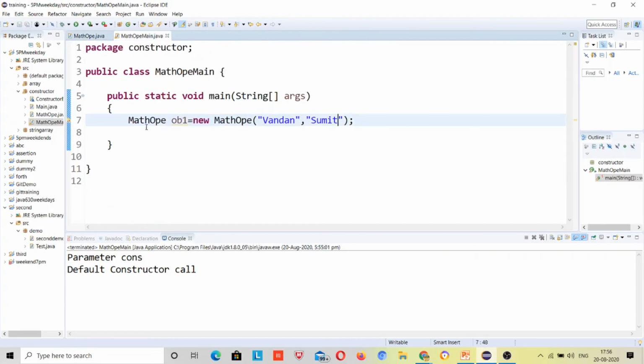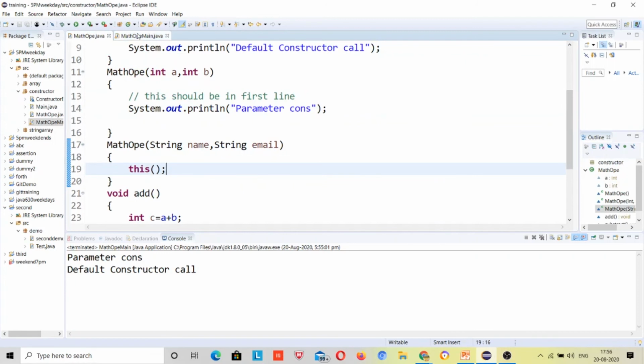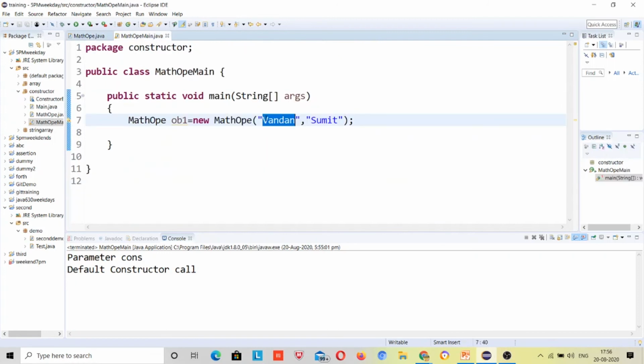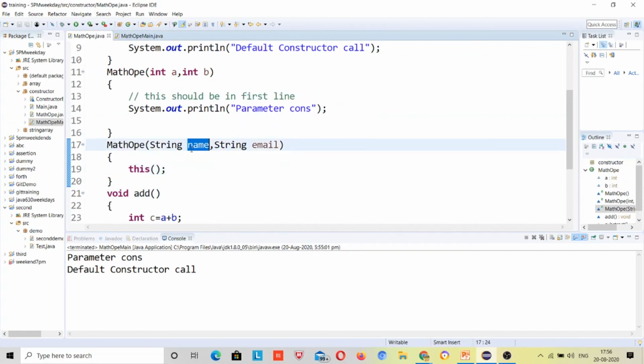First what will happen, I don't look at this code, I just come here. I came here and I have seen that inside a constructor two values are passed, because this is a constructor, right? And those two values are string values. So I came to a constructor which has two strings as parameters. I came over here and I have seen that internally it is calling this with no parameter, so this will be calling the no-parameter constructor, or you can say the default constructor.